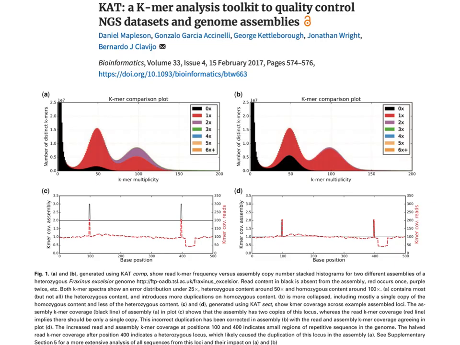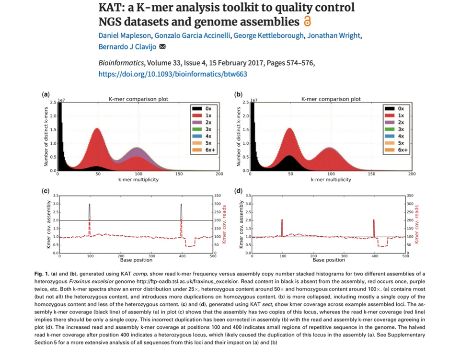If we have a look at the example on the CAT application note, that's a heterozygous genome. So you can see there's two peaks. Obviously the first one, the lower frequency one, corresponds to heterozygous k-mers. That's k-mers that appear in just one of the two haplotypes. And the second one will be homozygous k-mers. That's k-mers that appear in both of the haplotypes. Obviously, there will be some cases where that's not 100% true, but the bulk of those distributions will be from